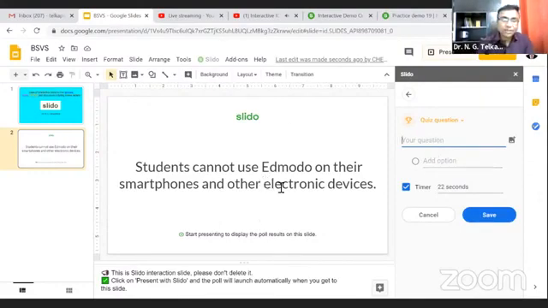Also there is another option that I already discussed. You can provide the QR code, you can provide the event code also. Yeah, third option is there. You can just share the link